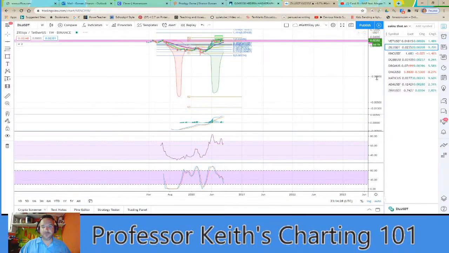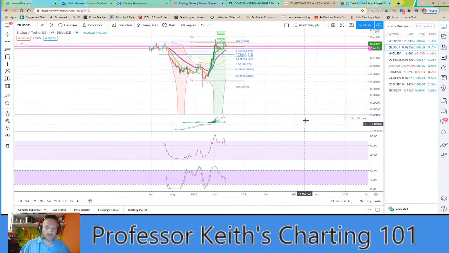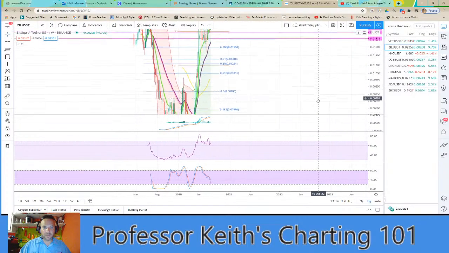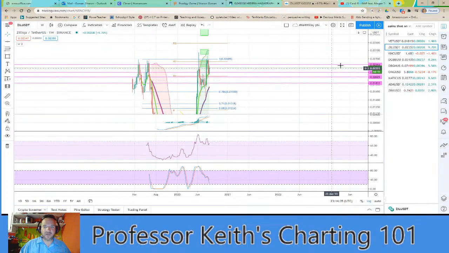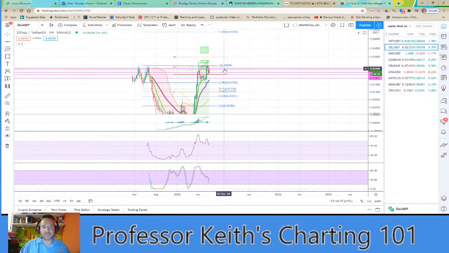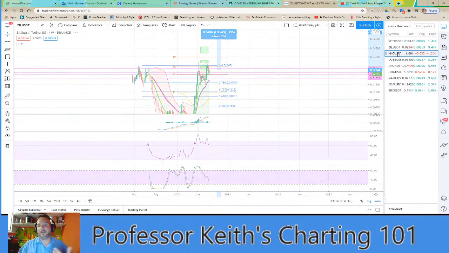Zeal didn't go all the way up. I wrote here also that Zeal has only done 75% of the overall move. It's still got time to go up. This is only 25% of the move left by percentage. If you look, there's only 200% left, okay? That's still good. It's the same as Matic. Basically 200% left, but it's not a hardcore hop like these other ones.